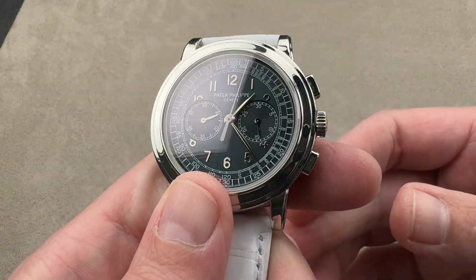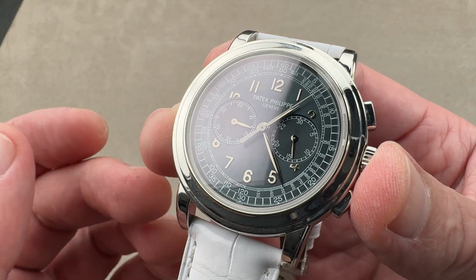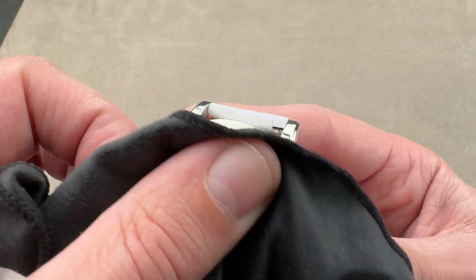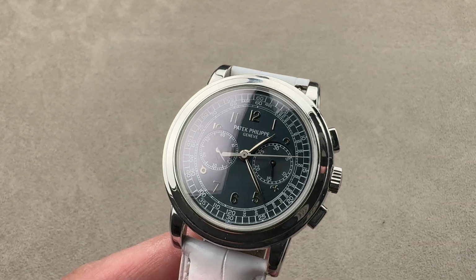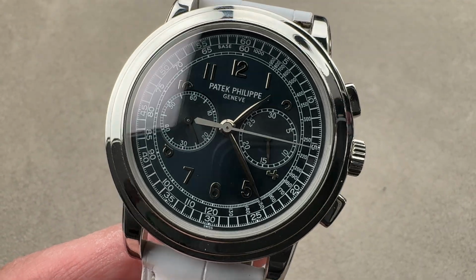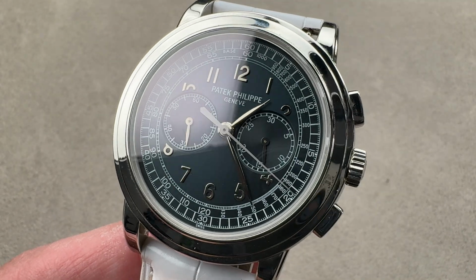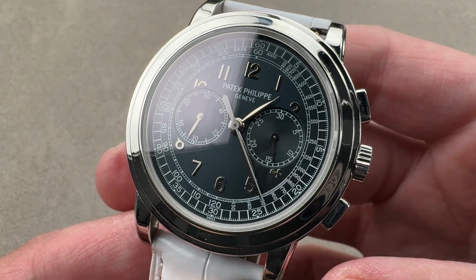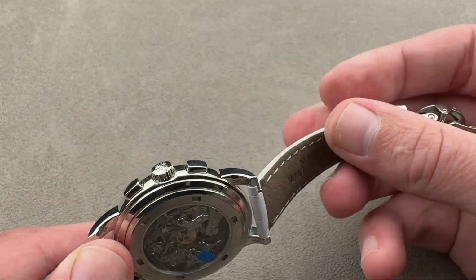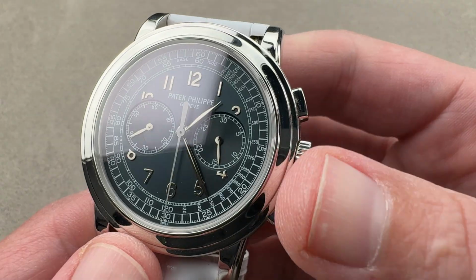So this is sort of the realization of a dream of what a very simple time-only chronograph should be for me. I think this is a very purist style of Patek Philippe, in spite of the fact that once you've been told about the visual gymnastics on the dial, you can't quite see past it, but you learn to love it. Yes, it's true. The Lemania 2310 base that becomes the Patek 2770, that Lemania is much smaller than this